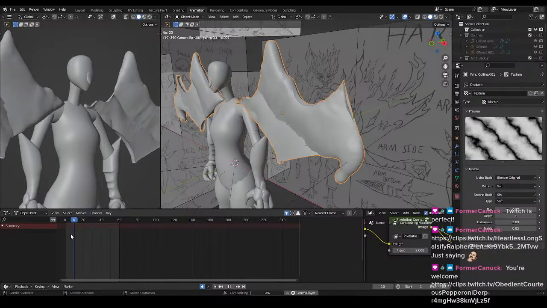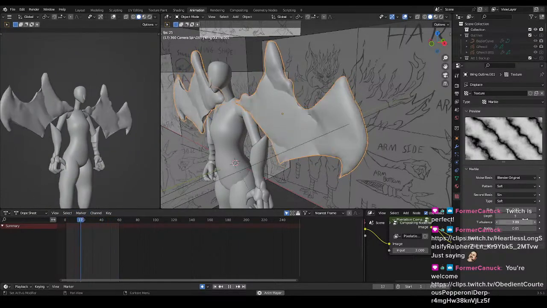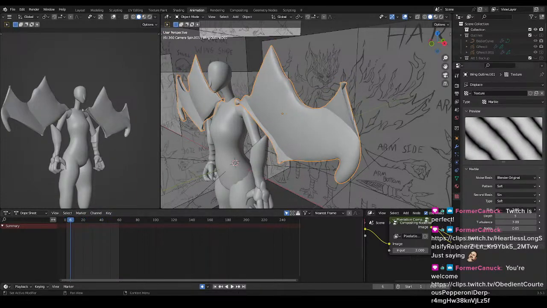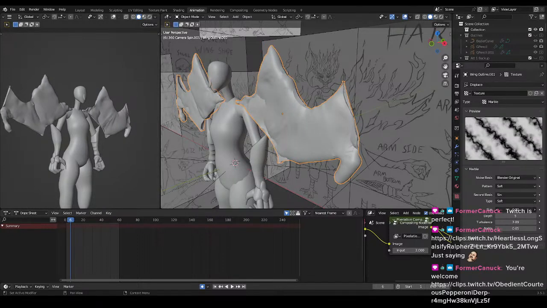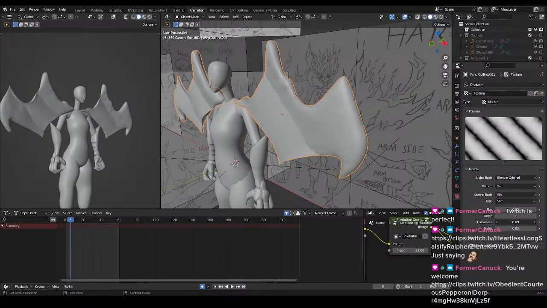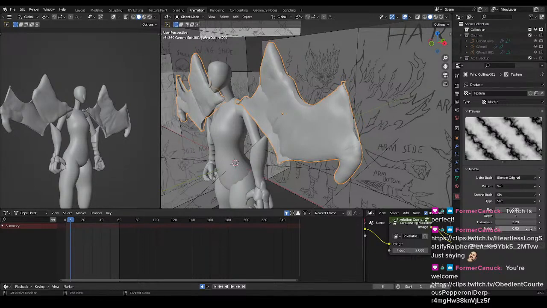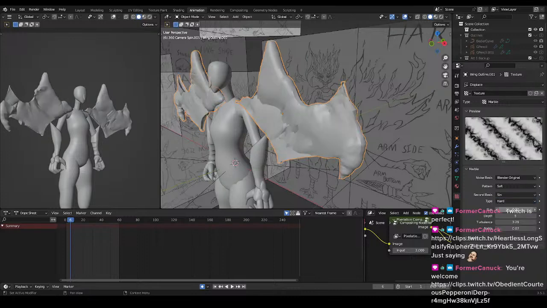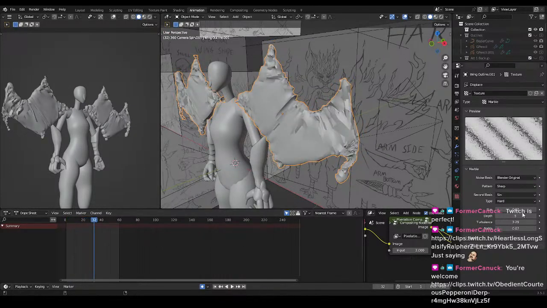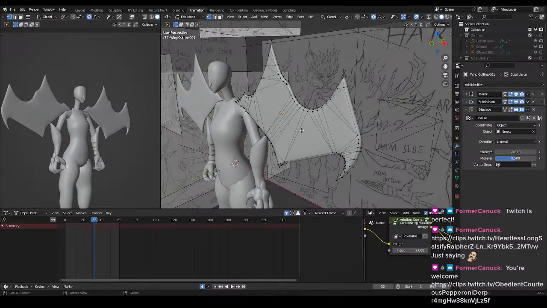Actually, no, wait, no, it looks like it could work. Yeah, that actually looks like it could work. Just up the size a bunch. Or maybe shrink it a bunch. Okay, maybe I make this easier on myself, and